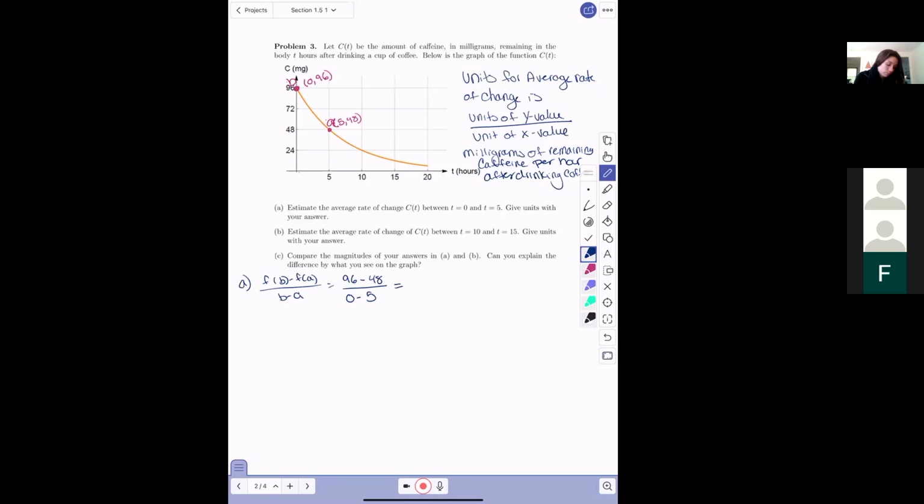It's 48 divided by negative 5. It's not going to be a nice number. It's negative 9.6. So this means that negative 9.6 milligrams of caffeine remain after or per hour